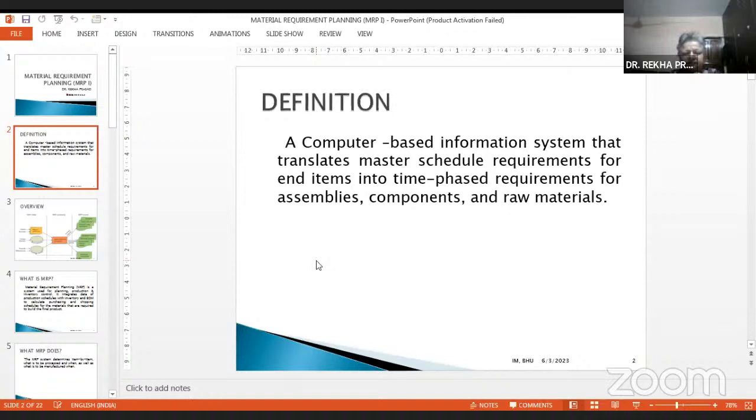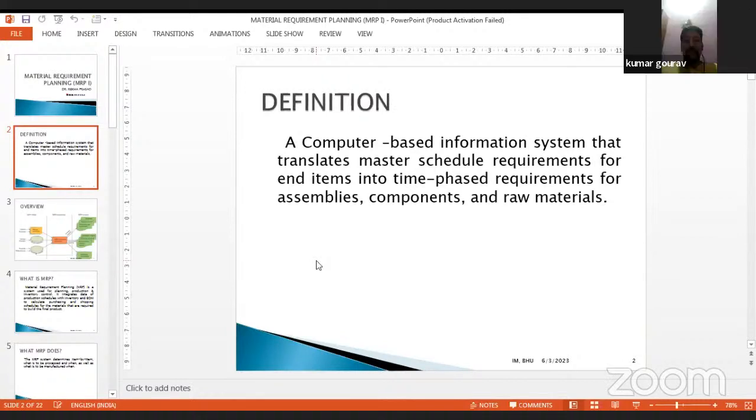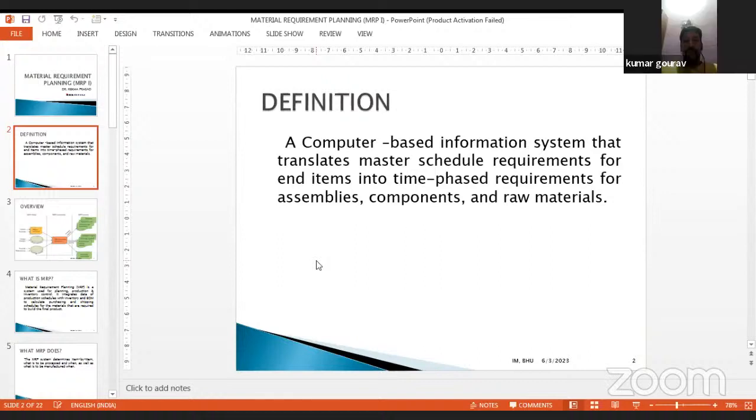Definition: a computer-based information system that translates master schedule requirements for end items into time phased requirements for assemblies, components, and raw materials. So suppose you're making a table, a very simple table, a tabletop and its legs, then maybe you don't require it all at one time.